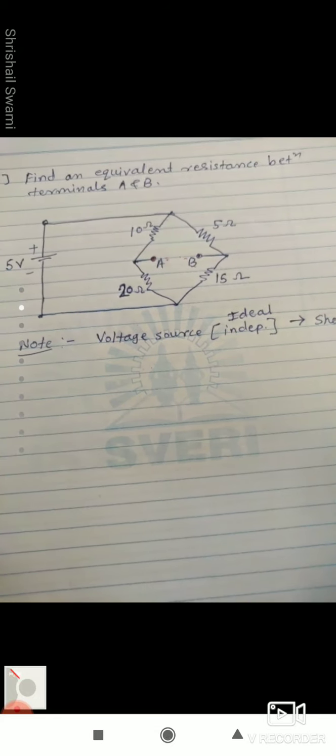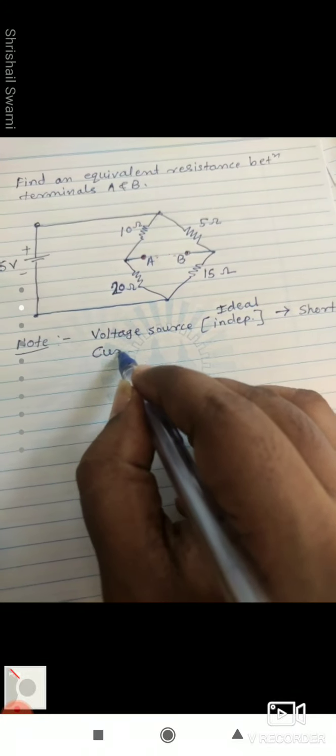जर voltage source असेल, ideal independent voltage source असेल, तर त्याला रिप्लेस काय करायचं, शॉर्ट सर्किट. आणि जर आयडियल करंट सोर्स असेल, आयडियल म्हणलं की independent, okay, so in that case ideal current source you can replace it by open circuit, म्हणजे तो रिमूव्ह करायचा आणि ज्या दोन पॉइंट मध्ये तो कनेक्ट केलेला असतो तो दोन पॉइंट ओपन ठेवायचा. इथं करंट सोर्स नाही आहे, व्होल्टेज सोर्स दिलेला आहे 5 व्होल्ट. मग तो व्होल्टेज सोर्स शॉर्ट करायचं. So the new circuit will be, हा तुमचा झाला नवीन सर्किट.